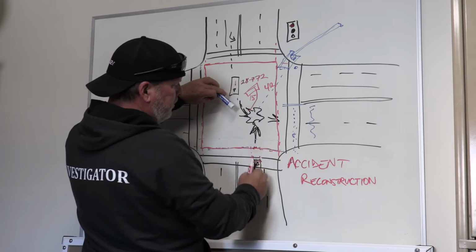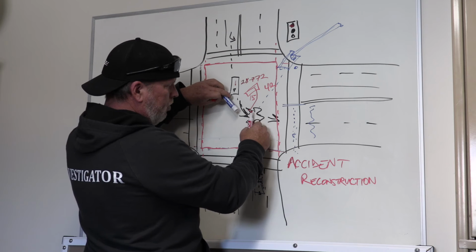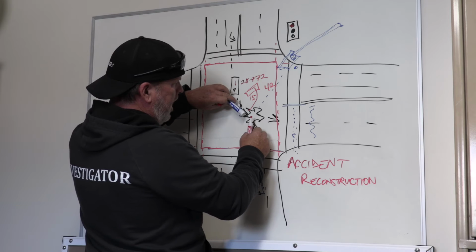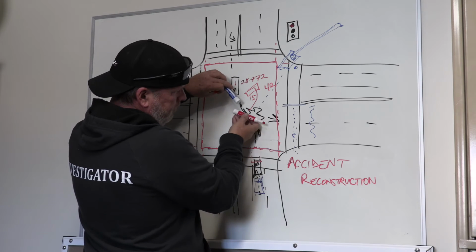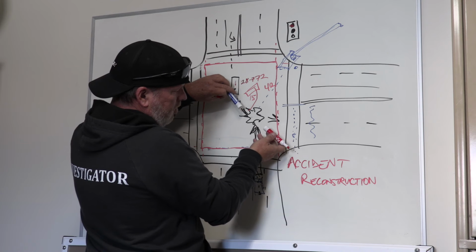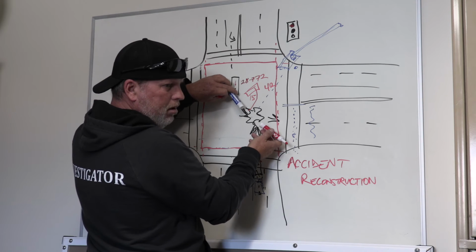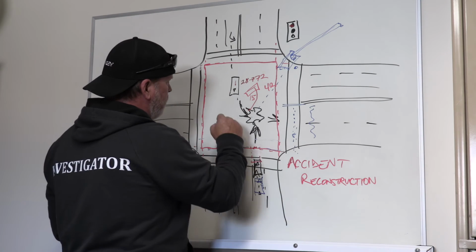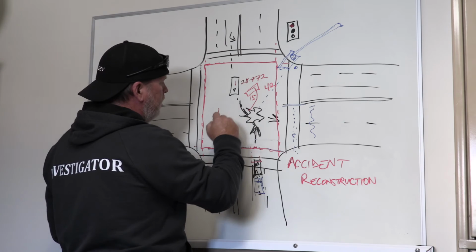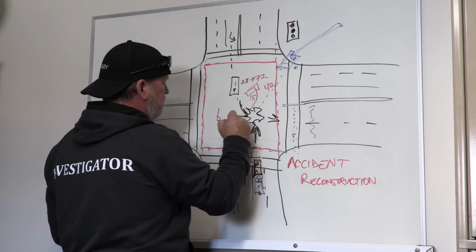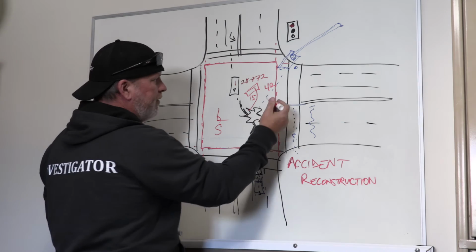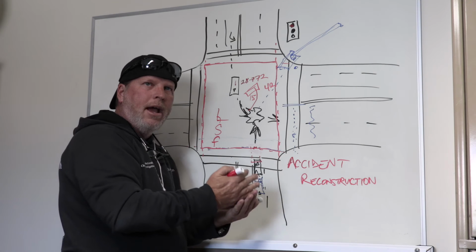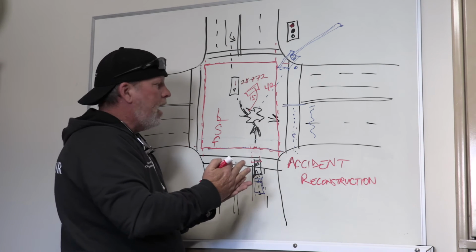So this one we're going to assume is at 0 degrees. Okay, we're going to work our way off of that. This is going to 0. So we're going to have this one coming in at about 110-ish or so degrees, and we're going to factor those degrees in. That's going to all play in. So we're going to have angles, we're going to have speeds, we're going to have coefficient of friction, which we call our F value, which is the tires on the actual asphalt of the roadway,